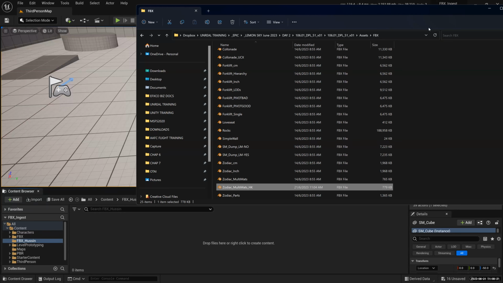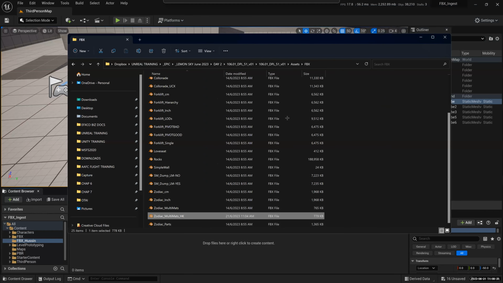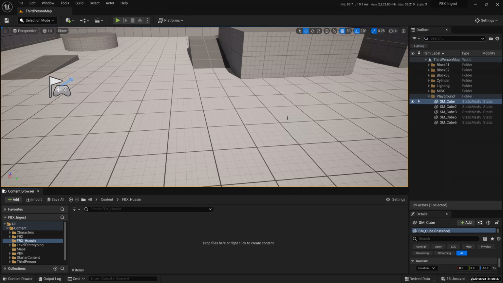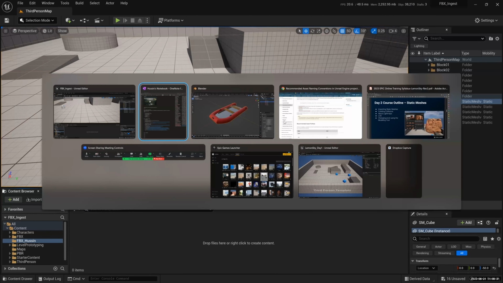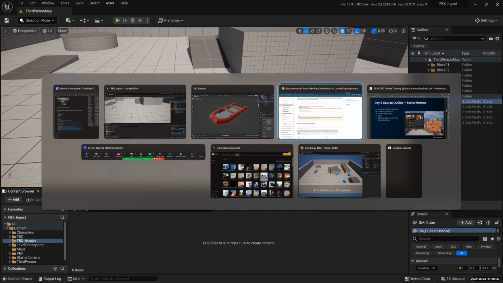Once I let go, I should get an import dialog box. Where's my import dialog box? I have to look left and right because I have other screens on my left and right. Let me try that again. Sometimes I'm wondering what's going on, but actually it's hiding behind another window. I'm sure that happens to you guys as well. Where did my Explorer go?